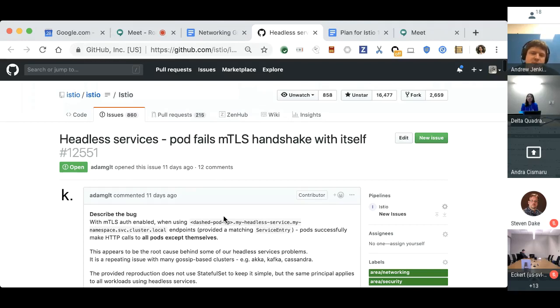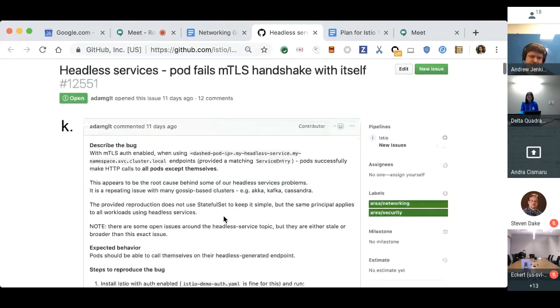So broadly, this bug is there's a bunch of things like Kafka, which is the example where I found it. Kafka has a controller node. It wants to talk to other nodes to do this gossip protocol. One of those nodes is itself, and it happens to talk to itself on its external pod IP address, not 127.0.0.1.